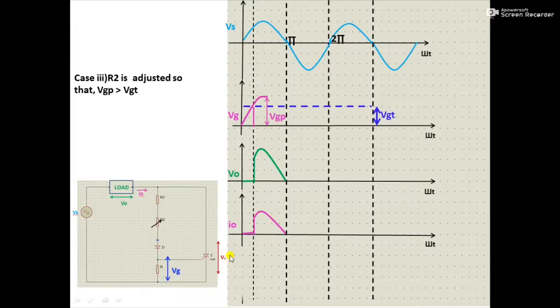And let's see what is happening at the SCR. This is the SCR's voltage waveform, Vt with respect to omega t. When the thyristor was off, it was providing open terminals here, so this portion of supply voltage would appear across the thyristor. And at this instant when the thyristor is on, the voltage across the thyristor will be 0. You can see here, during the positive half cycle when the thyristor is on, the voltage across the thyristor is 0.